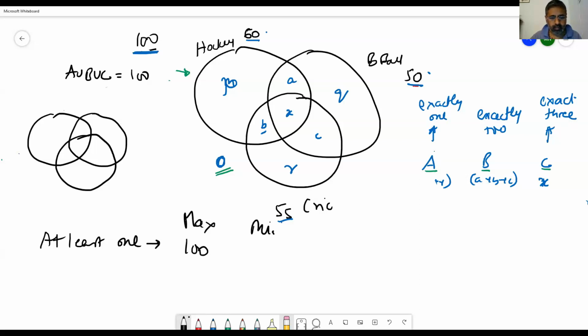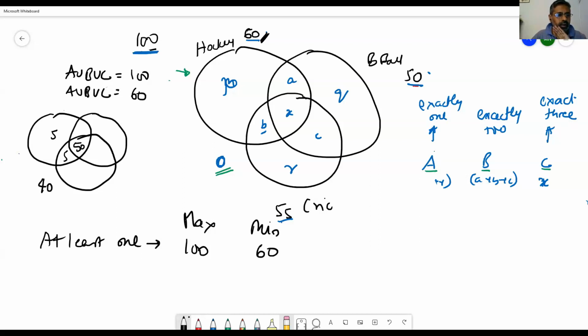What is the minimum? Minimum is where you ensure that you take 50 here, you take 5 here, you take 5 here. So what happens? You get 60. So this is the max, this is the minimum. The largest number there is the minimum. Because you can keep on adjusting in such a way that the outside will be 40, and this will be 60. A union B union C will be 60 in this case. Is that okay? 60. Is this clear? I think this much is clear. This is easy. That is the direct thing which we need to know.